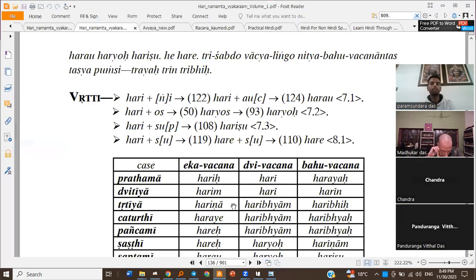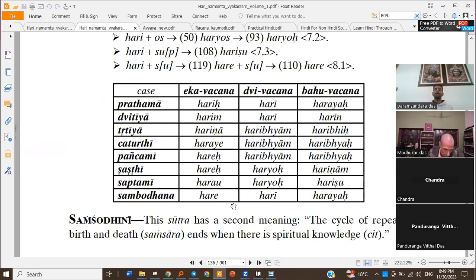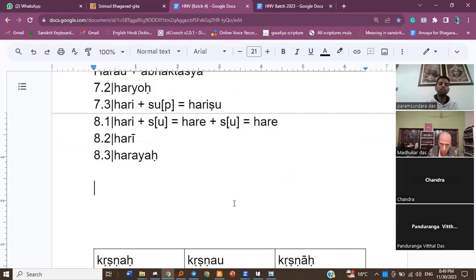So the table is mentioned here. Hari Hari Harayaha Harim Hari Hari Hari Hari Ram Hari Hari Hari Hari Vyam Hari Hari Hari Vyam Hari Hari Hari Hari Hari Nam Haro Hari Harishu Hari Hari Hari. So there are similar words like Hari, for example, Muni, Kavi, Chavi, Suri, and many more like that. They are declined in the same way. Munihi, Muni, Munayaha, Munim, Muni, Munin, Kavihi, Kavi, Kavi, Kavayaha, Kavim, and so on. So you can practice the declensions and all.